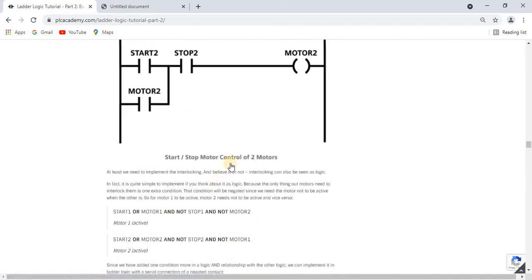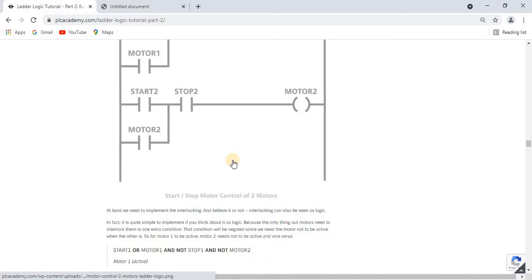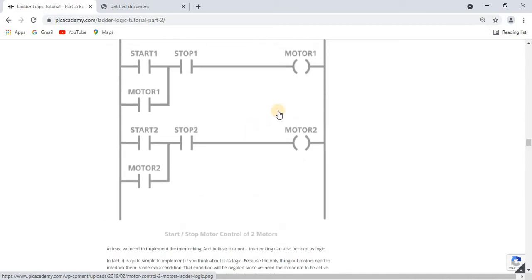If you think about it as a logic, the only outputs are motors, and to interlock them we need one extra condition. That condition will be negated, since we need the motor to be active only when the other is not. So for motor number 1 to be active, motor 2 needs to be inactive, and vice versa.